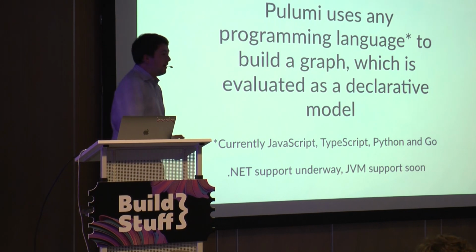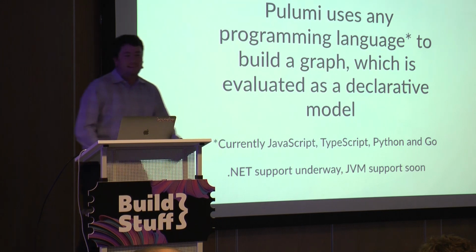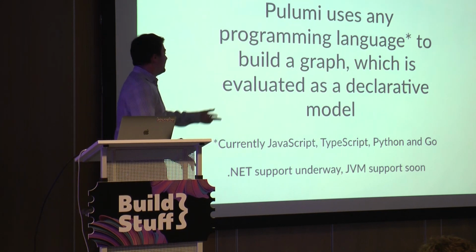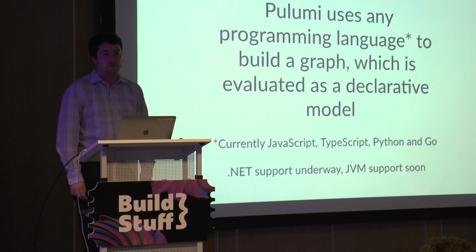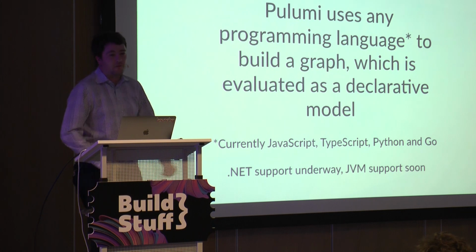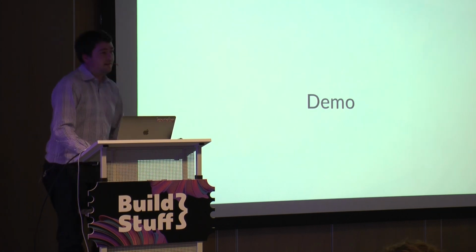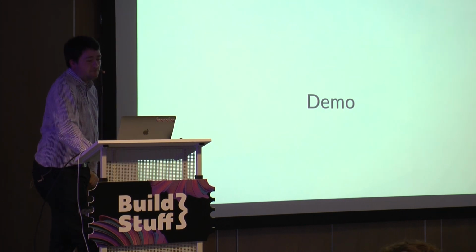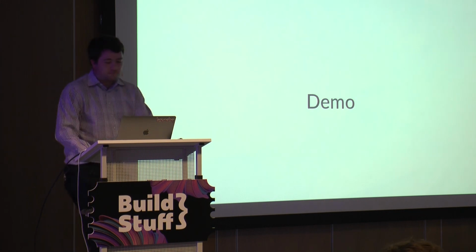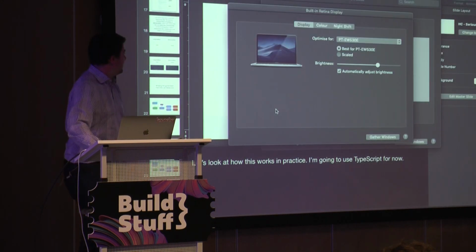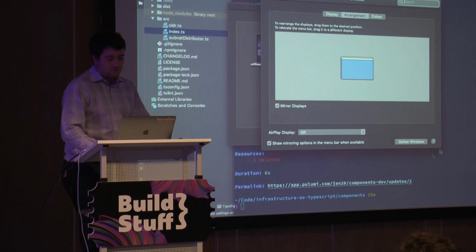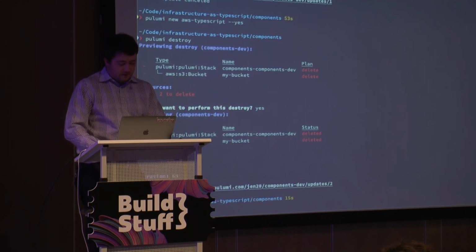Python and TypeScript are kind of the sweet spots, so you get to choose whether you want types or not, and obviously if you have the choice between types or no types, you choose types, so we'll choose TypeScript. So with that, let's take a look at how this stuff works sort of in practice rather than in theory. So I'm going to try live coding in a language which compiles to JavaScript, which might be a bad choice, but we'll see.